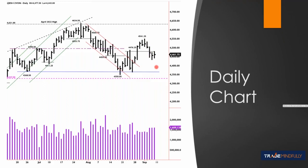So supply came in for sure, but buyers are also attempting to hold the market. Then on Thursday, we put in the low of the week, dipping down underneath Wednesday's lows, but sellers weren't strong enough to continue the push down. Buyers stepped in, and we see that heavier volume again. Buyers step in and push price back up above Wednesday's low and close the day off of the lows, right,